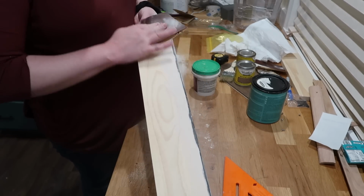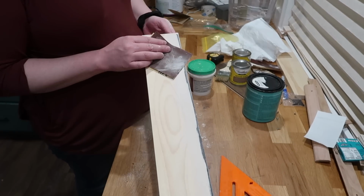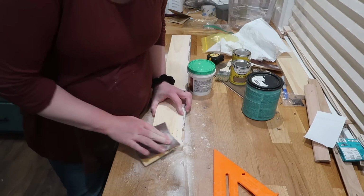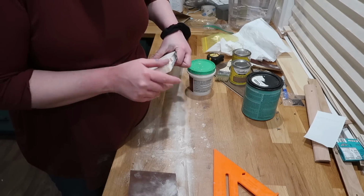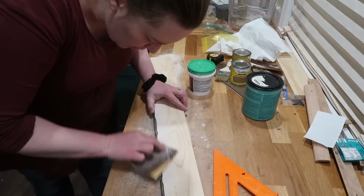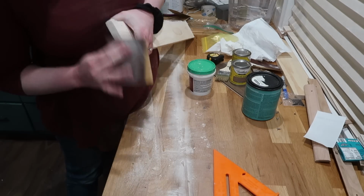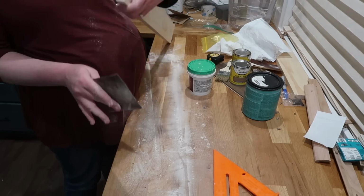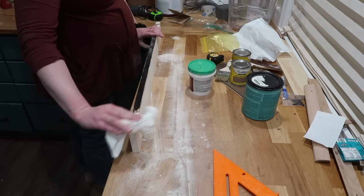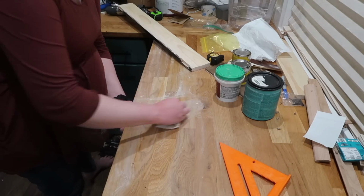I probably did speed through this project a little bit and not do it perfectly, but I really was not that worried about it being perfect. It's just this little tiny door in my kitchen that I use, but it's not the most seen thing in the kitchen. It was standing out like a sore thumb before when it was not the same color as the cabinets, but now I think that it's the same color as the cabinets. It feels a lot better, so I'm really glad that it's finally done